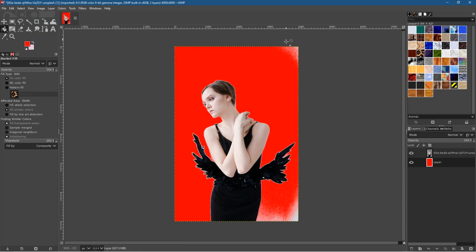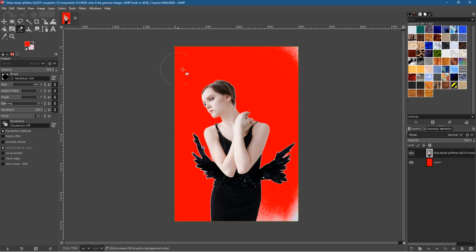And now you can see where all the artifacts are, right? Where there are little problems that you need to tidy up and clean up. Most of this selection is pretty good, but we want to get rid of this stuff up here and down here. So we can click on the top layer, go to the eraser, and we've got quite a big eraser selected already. You can see the sizing is set to about 144, and we can get rid of most of this quite